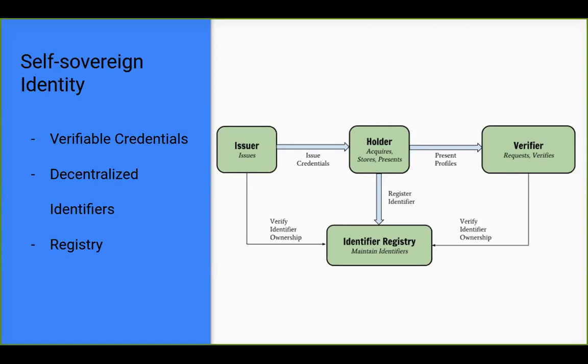So think of it as a similar way where you have your personal wallet and it's holding your credentials, and you don't really have to return that wallet to the manufacturer every time you use it or every time you close the wallet, but you still hold cards in it. You hold maybe a national ID card, you hold other forms of identification. Maybe it's a membership card for some club, maybe it's a health insurance card, maybe it's a residence card, and all of those details are being issued to you by an issuing body. So in the case of a national ID card, that's something that's issued by government, and you hold it in your wallet or in your pocket,